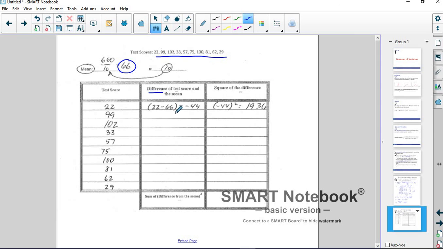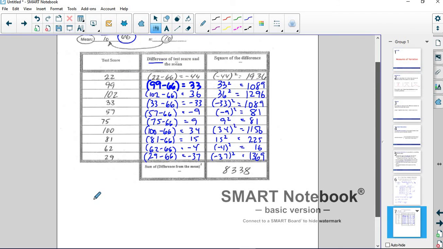Okay, so I am going to save you guys the time and go through here real quickly. These are our deviations, squaring them, we get these numbers, adding these numbers all the way up, we get 8,338. So what do we have left to do? We take 8,338, we divide it by 1 less than the number of data points, so we divide it by 9. So we take 8338, divide it by 9, and get